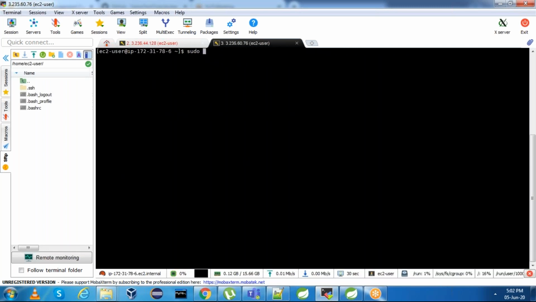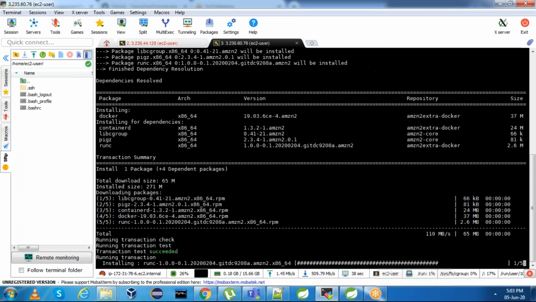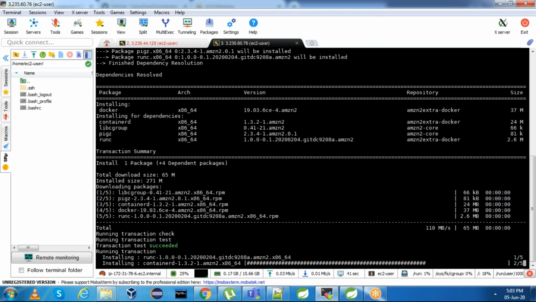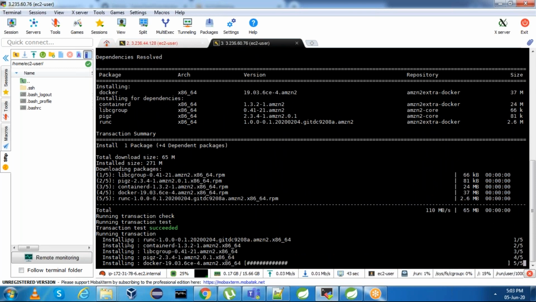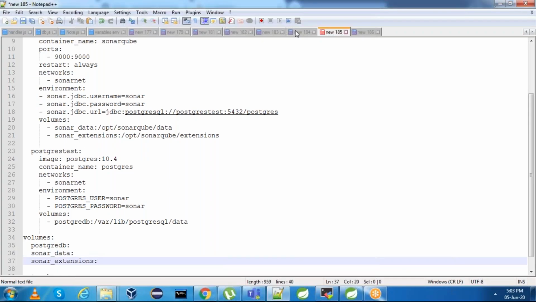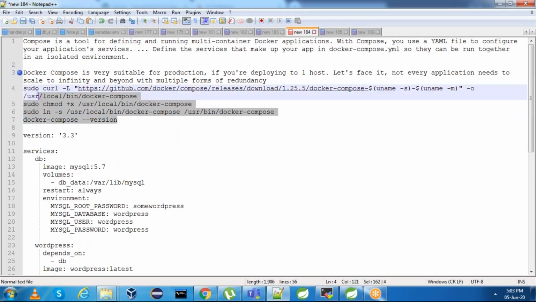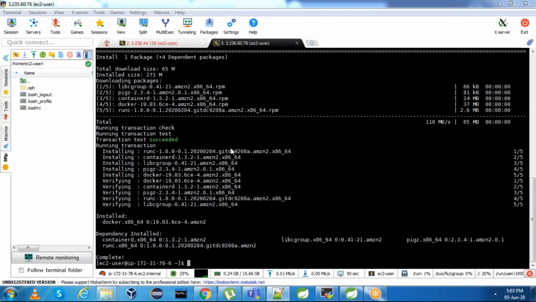Let us install Docker here. sudo yum install docker -y. Once Docker is installed, we will install Docker Compose 2. This is installed.